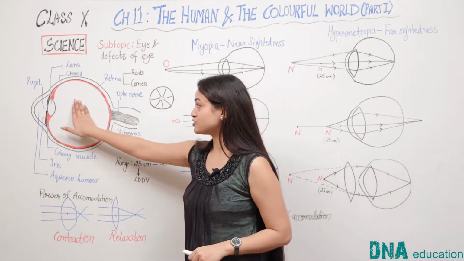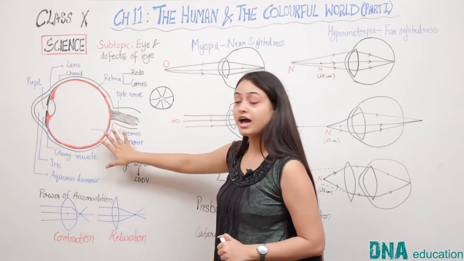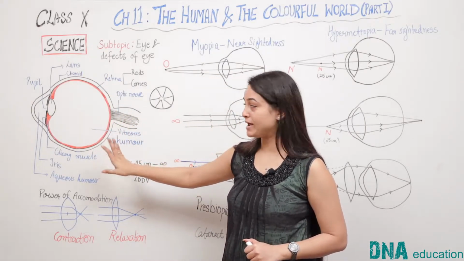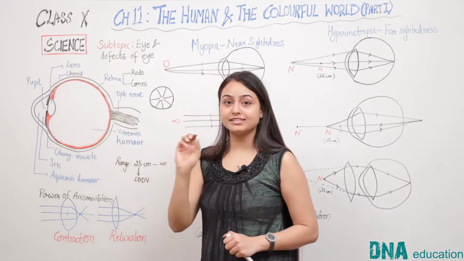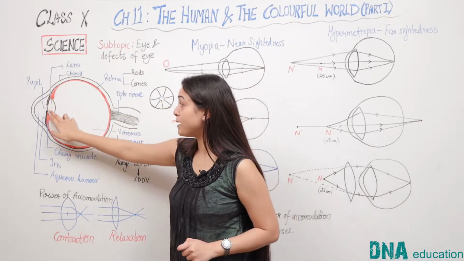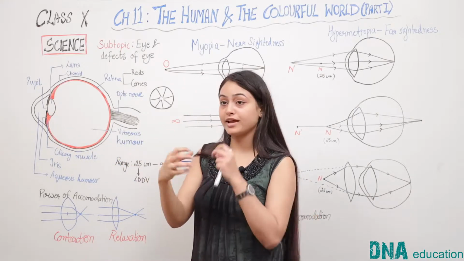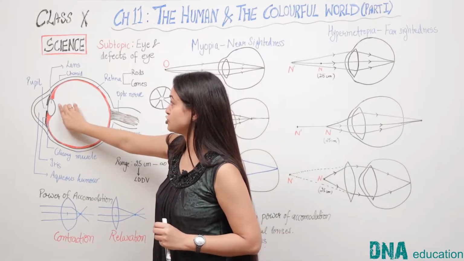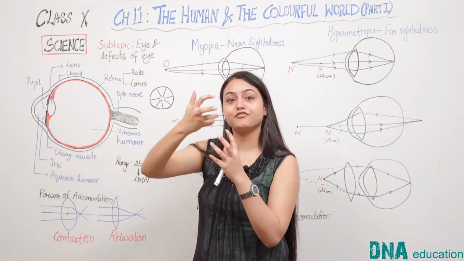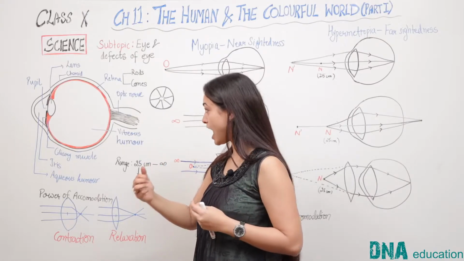This is the basic structure of the human eye. As we can see, there are several parts of it, and let us study these parts one by one. The first is the crystalline lens. It is a biconvex lens, and it is that part of the human eye through which light rays enter and refract. The main function of the lens is refraction of the light rays that enter the eye.